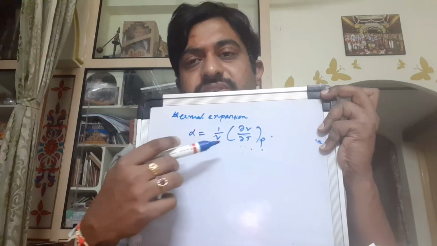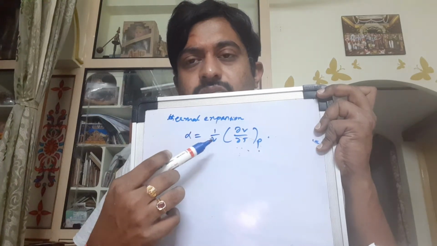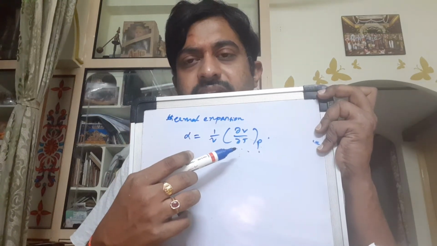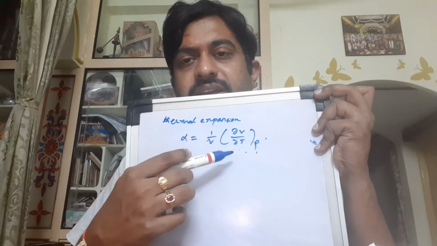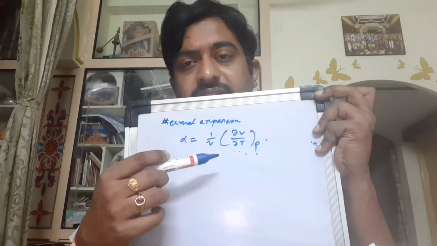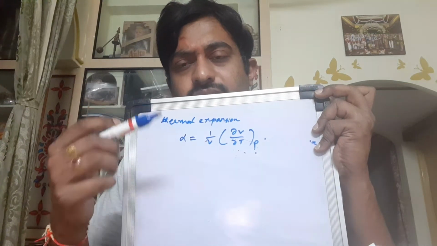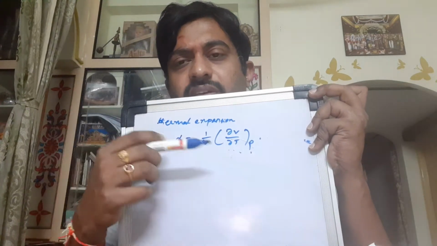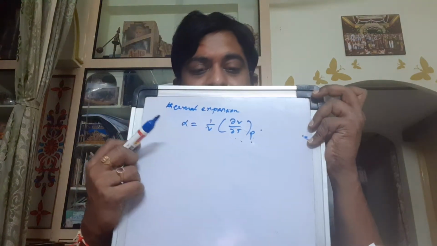This relation you might have seen, right? So the change in volume with respect to the original volume, per degree centigrade. So meter cube, this one per degree centigrade, 1 into 10 power of minus 8 per degree centigrade, like 200 into 10 power minus 4 per degree centigrade. So these all come under the coefficient of thermal expansion which you come across, right?